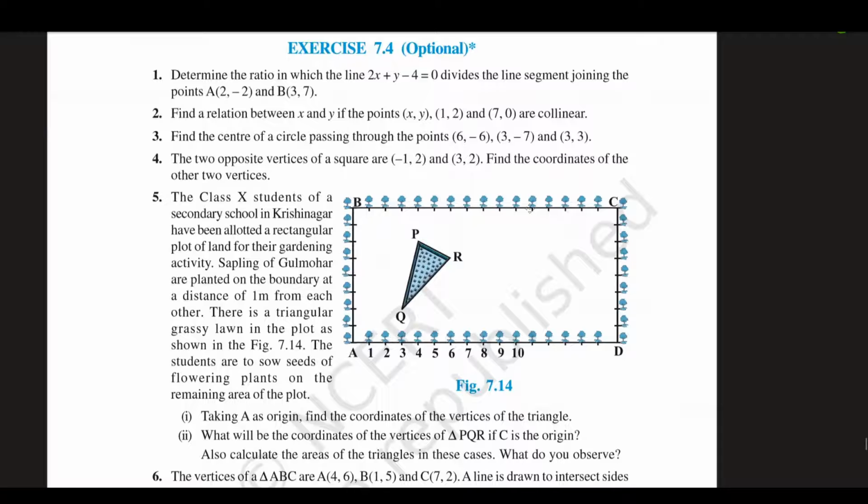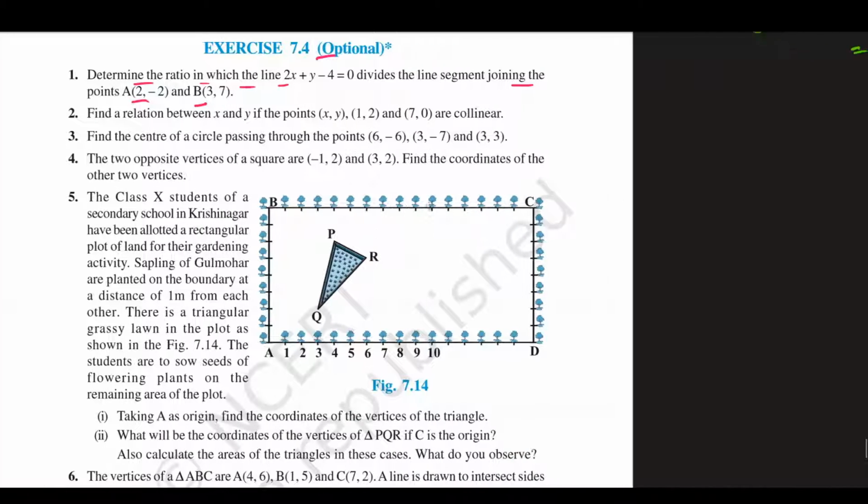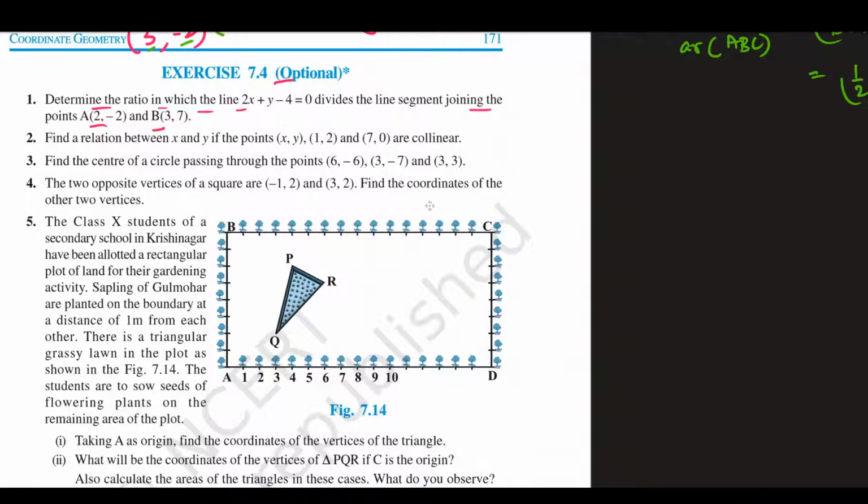Let's move on to the next exercise, that is the optional exercise. The first question says: determine the ratio in which this line divides the line segment joining A and B. So the question is, if we draw the x-axis and y-axis and mark those points,